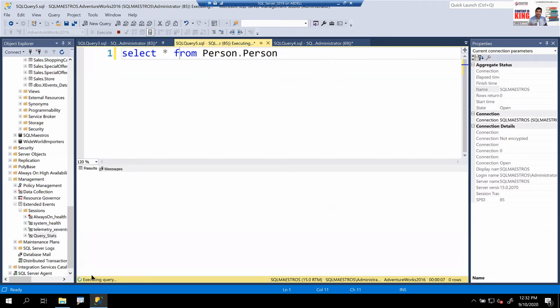This user is going to wait because every select statement here is an implicit transaction, isn't it? So this transaction wants to acquire a shared lock on that particular record in the table person.person. But that record is already locked by the other transaction, which is performing the update statement, and an exclusive lock is already placed. So transaction 1 already has an exclusive lock, and user 2 wants a shared lock. You know that in locking architecture, shared locks and exclusive locks are incompatible, and that's why this is going to wait.